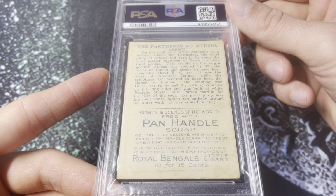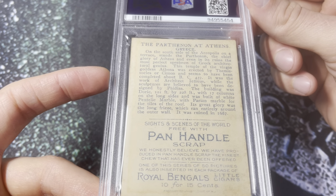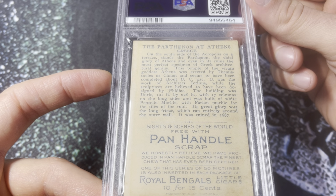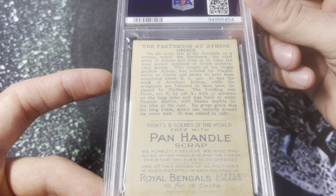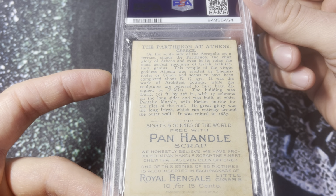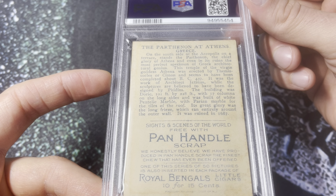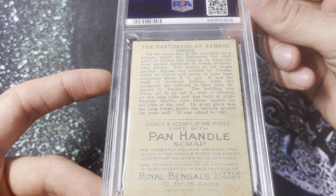Panhandle Scrap Soap Royal Bengals, the Parthenon at Athens in Greece. On the south side of the Acropolis on a terrace stands the Parthenon, the chief glory of Athens, and even in its ruins, the most perfect specimen of Greek architectural genius. This temple of the Virgin Goddess Athena was erected by Themistocles or Simon, and seems to have been completed about BC 437. It was the work of architect Ictinus, while the sculptures are believed to have been designed by